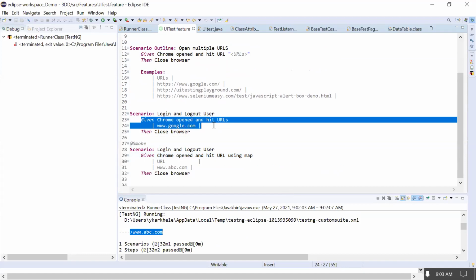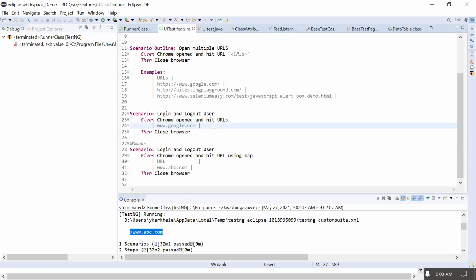At one step we can pass only one data? Yes. And what's the difference between the 22 and 28 scenarios? Here we are getting maps and there you're only getting the data table. Yes, actually the difference is that here we are passing the header of that table. This is a table, and there we are not passing the table header. That's the difference. So if we pass the header, it will be considered as maps? Yes. We have to convert that into a map. That's a regular practice. We can write it here, no, the name given below? Yes, you can use it. I will replace it with the name. That's fine.